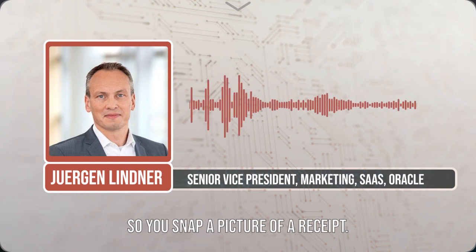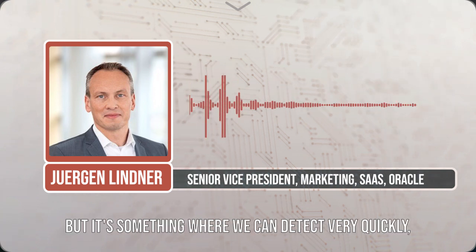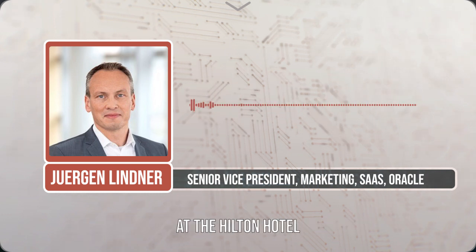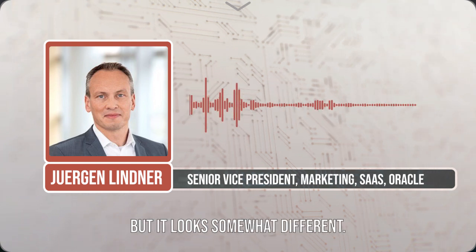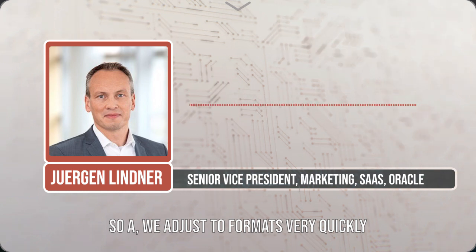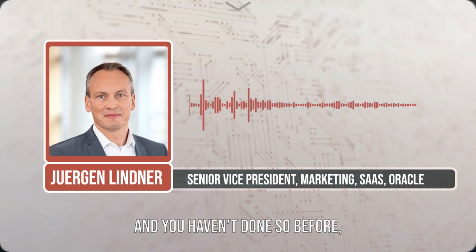So you snap a picture of a receipt, might be as crumpled up in your pants, but it's something where we can detect very quickly, okay, Ronald has been typically staying at a Hilton hotel, and the typical spending pattern looks like that. Now the bill looks like it's a Hilton bill, but it looks somewhat different. So we adjust to formats very quickly and learn from that one, but we can also see anomalies in your spending patterns. If all of a sudden you have upgraded to a luxurious suite and you haven't done so before,